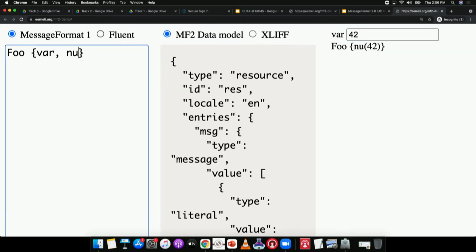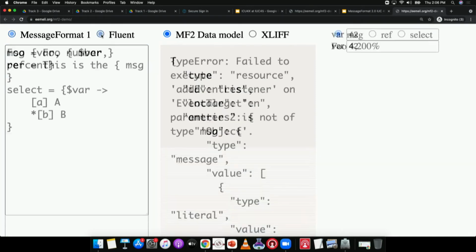And of course, because it's MessageFormat 1, you can do all sorts of things. The point here is that what we're hoping with the data model is to build a structure that doesn't just build a new reality, but that you can start incorporating into whatever existing systems you've already got. And it's not, of course, just MessageFormat 1.